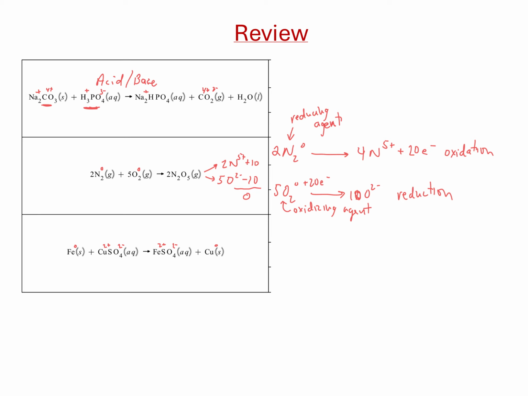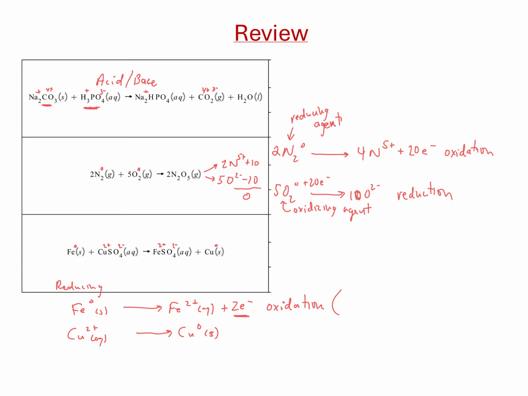So the 2 half reactions that we have, iron goes from 0 to iron 2+. Copper goes from 2+ to 0, right? To balance that out, we need to add in our electrons now. Iron going from 0 to 2+ lost 2 electrons. So that's our oxidation reaction, but that makes iron our